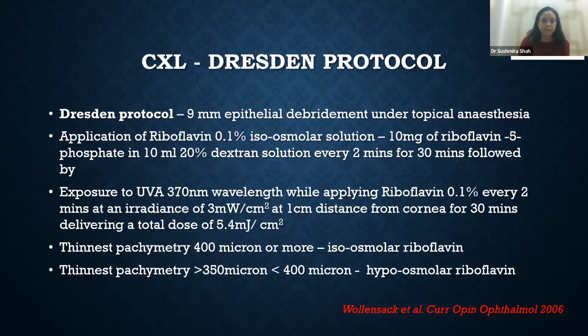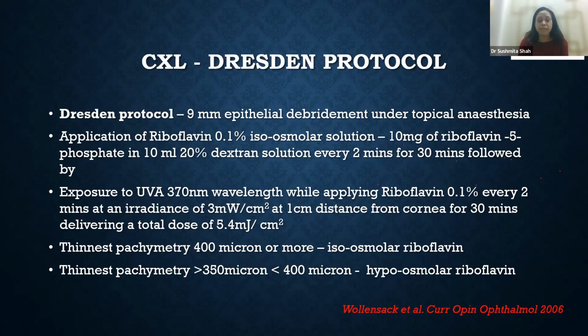years following treatment. The first protocol for cross-linking which is approved and which is most commonly done is the Dresden protocol, which involves a 9 millimeter epithelial debridement under topical anesthesia, followed by application of riboflavin 0.1% isoosmolar solution. That is, it's 10 milligram of riboflavin 5-phosphate dissolved in 10 ml of 20% dextran solution, and this solution